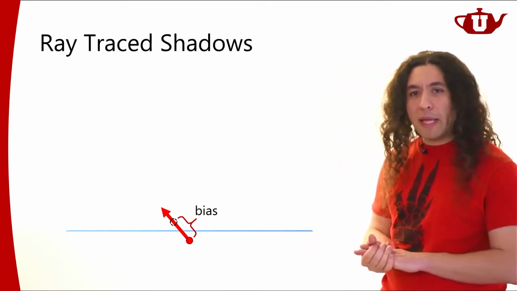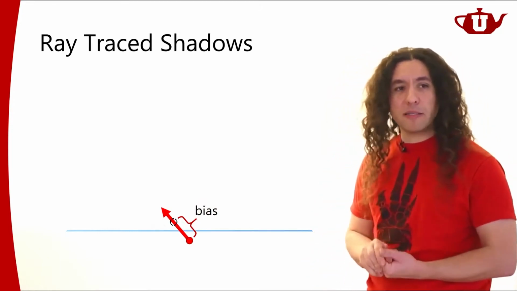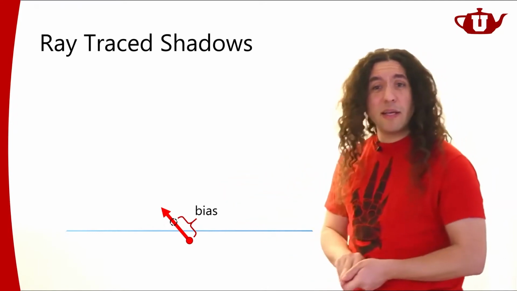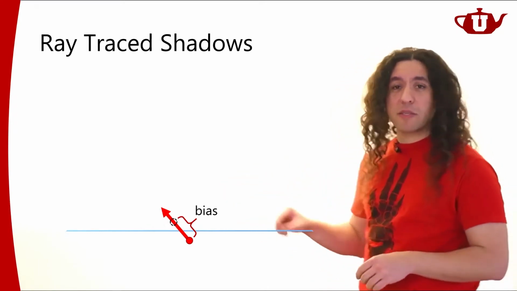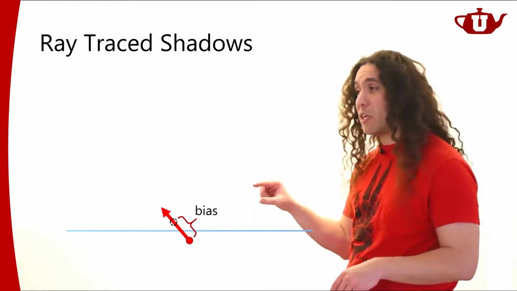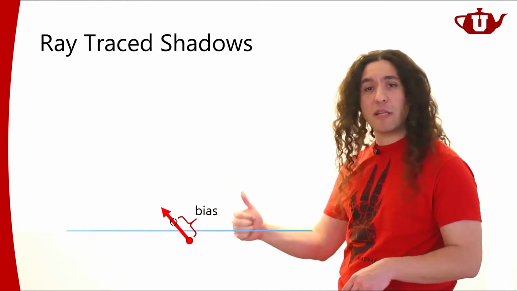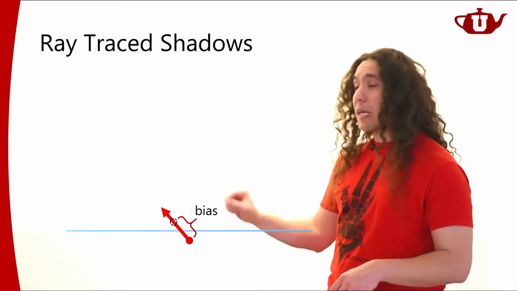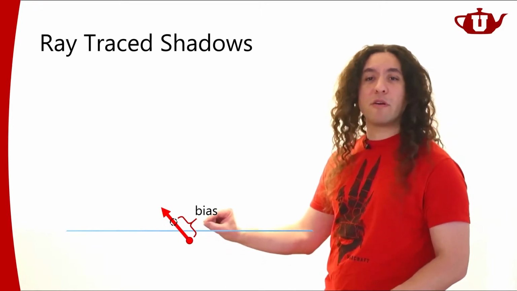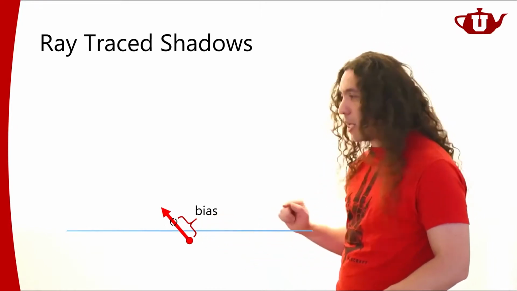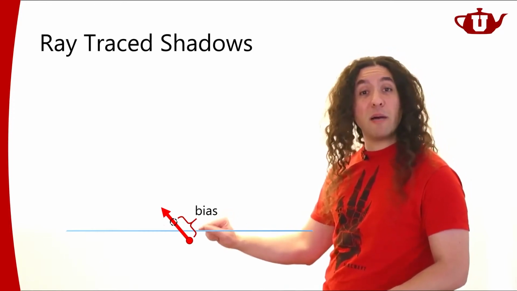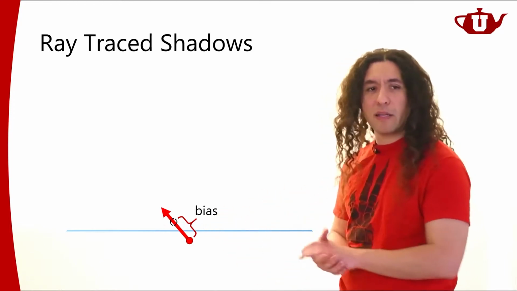Now, there are different ways, different methods for adding bias. This is the most typical way of doing this. There are different ways also. You can add a constant bias. You can adjust this bias based on the ray direction and the surface normal. Instead of adding a bias, you can move this point above the surface a little bit, so you can more carefully compute this position and make sure that this point is always going to be above the plane. So there are different ways of handling the bias.